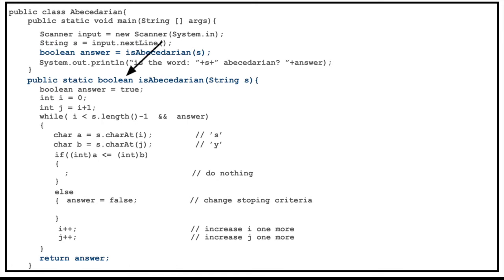That's what we anticipate on the left-hand side of that equal sign: a variable called boolean, and then answer, gets isAbecedarian with s. So we're expecting a boolean from this method. That's why I incorporate that. The last line is a System.out.println with the word blah, in this case s, isAbecedarian, and then